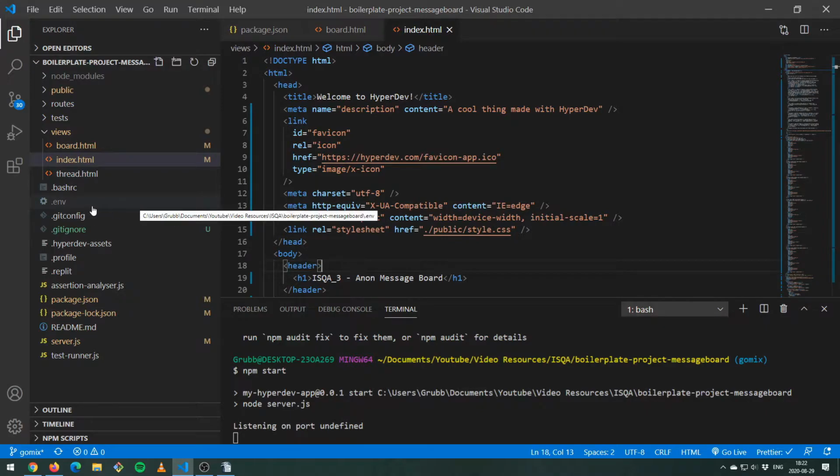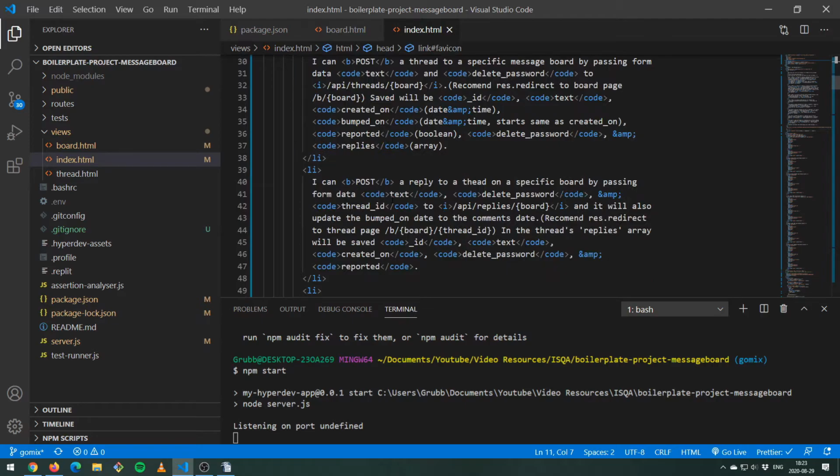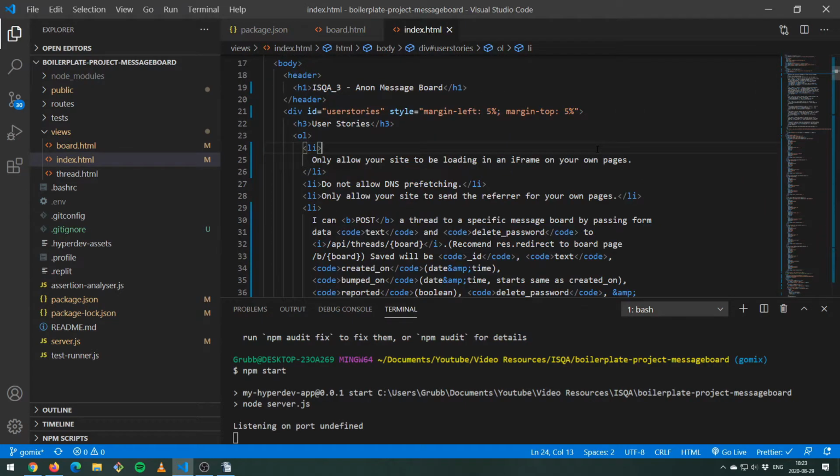First of all, I went into my env file that we created and added my connection to my MongoDB. I'm not going to show that, obviously, but I just need to remind you that you need to do that. We also have a thing in this index.html file that we need to do,